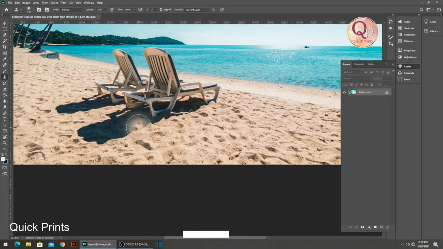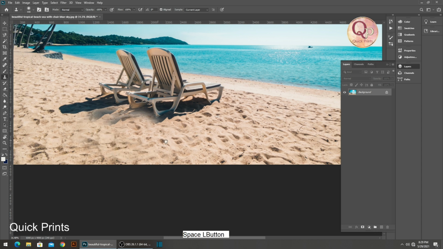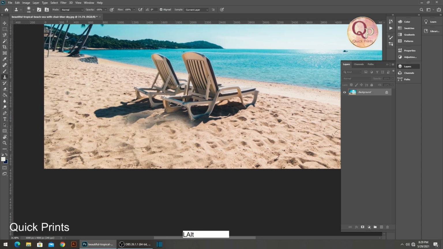I have just clicked here and I'm doing it like this, right? Click here and do it like this. So now you can see this part has been cleared.